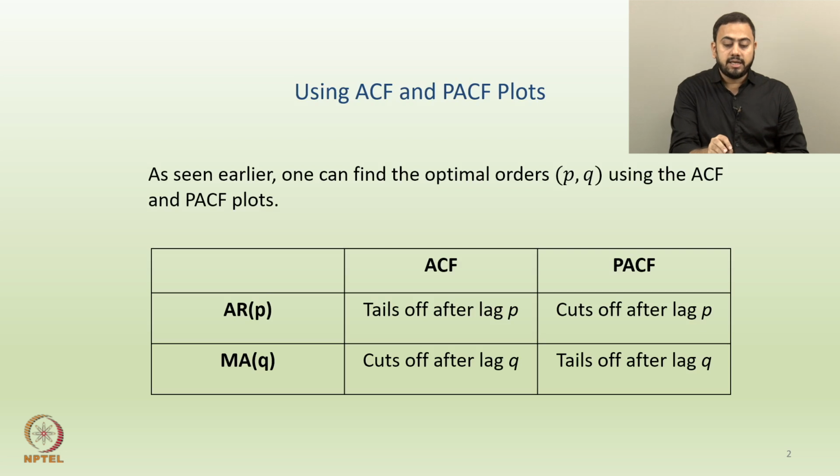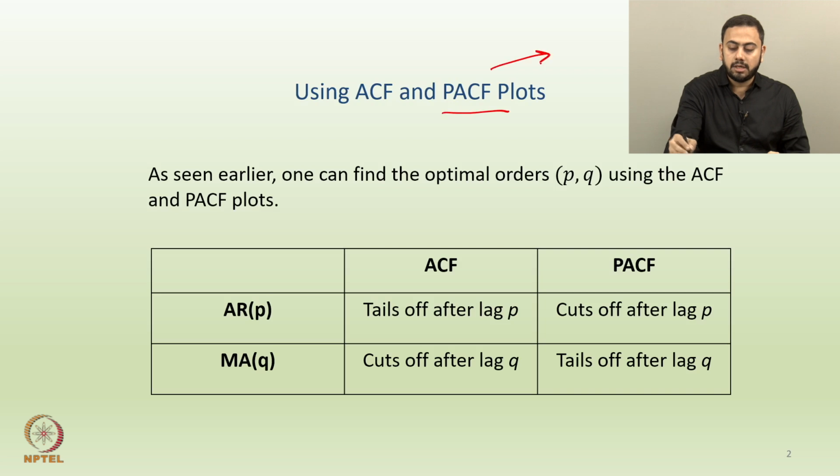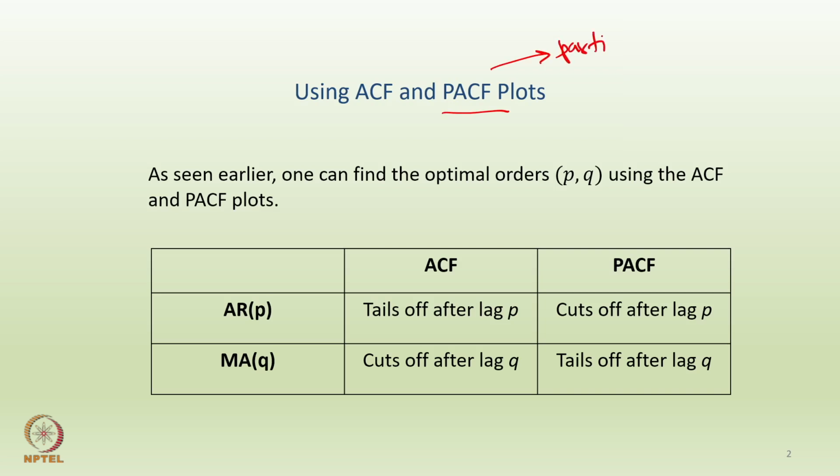Now again, what exactly are the full forms of these two? ACF stands for autocorrelation function, and PACF stands for partial autocorrelation function. Just to quickly summarize, PACF is similar to a conditional kind of correlation. We talked about the expression in one of the earlier lectures, but how exactly do you condition that? Let's say it is something like the correlation between y_t and y_(t+2), given the intermediate term, which is y_(t+1). So something like that.